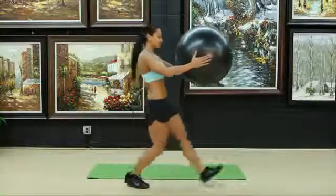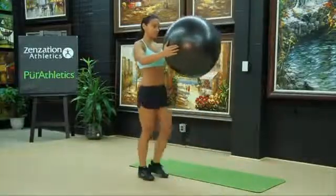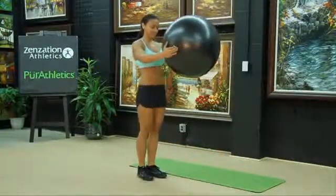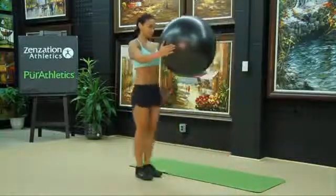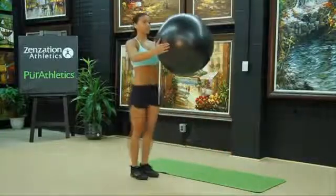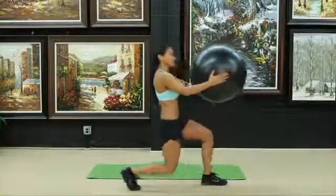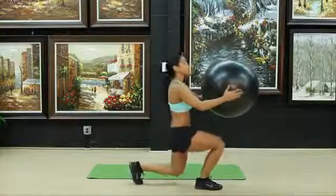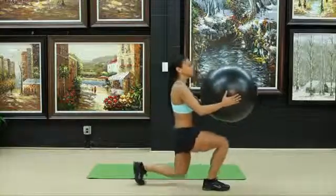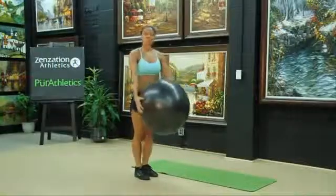Good, 4, 5, great work, back straight, dropping the knee, 6, keep your head up, 7, 8, squeezing the glutes on the way up, 9, 10. Great work. Now we're going to take a little rest and we're going to get into our second set